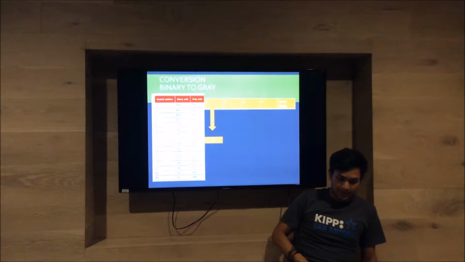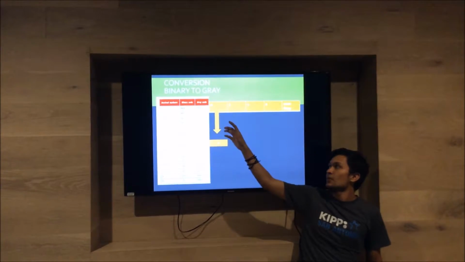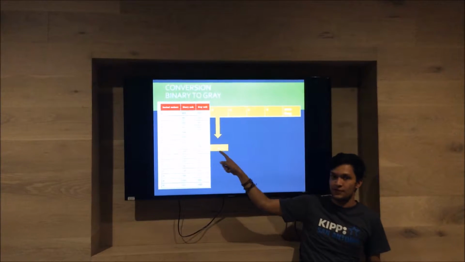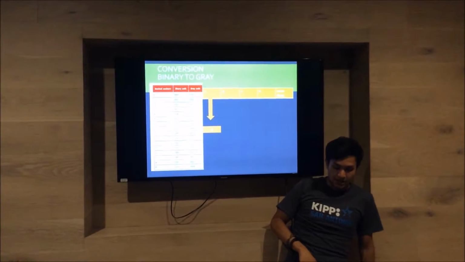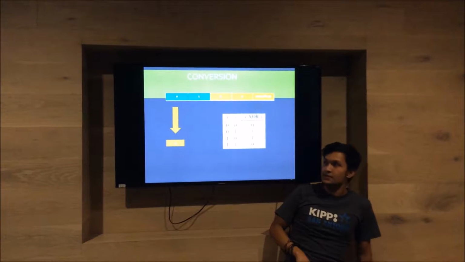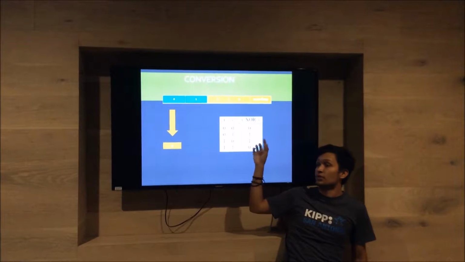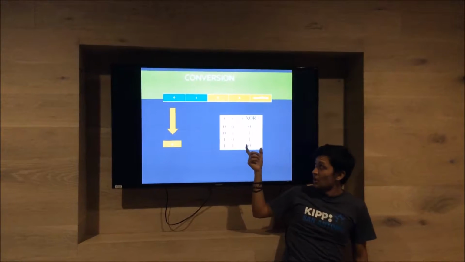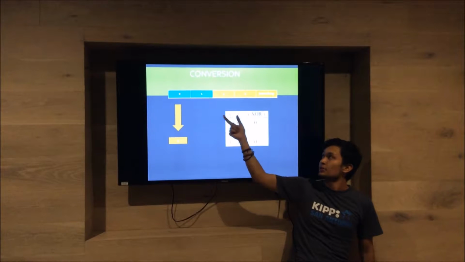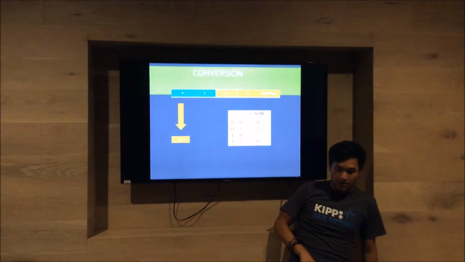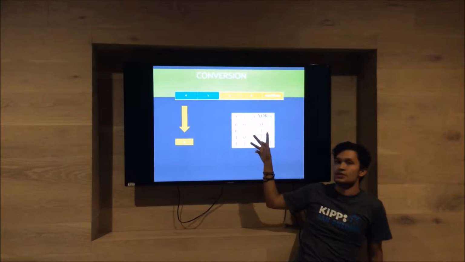The first part, you have to take the 0 and bring it down below, and this is the first digit of our Gray code. The next stage, according to this table, that is the XOR truth table, we're going to check the last 2 digits of the number and compare them in the table, and this is our